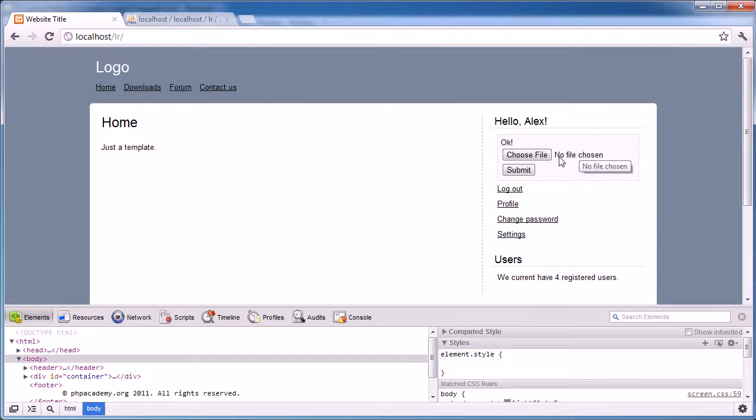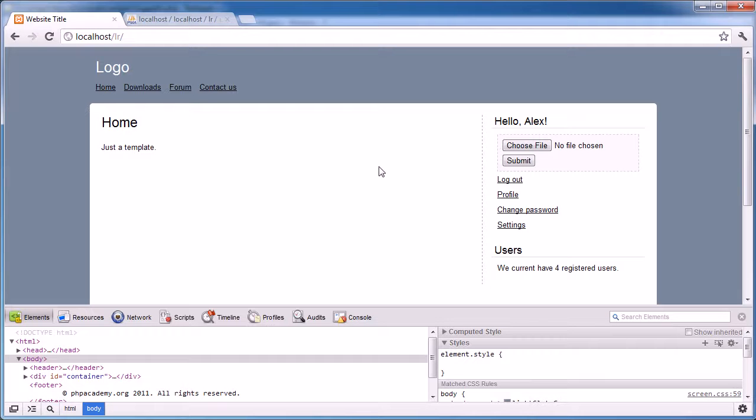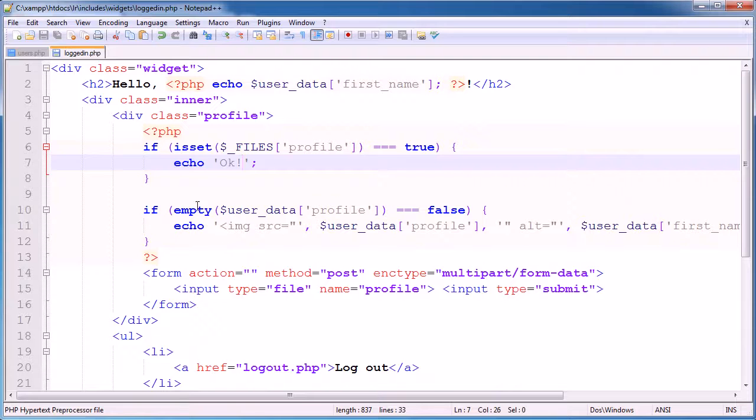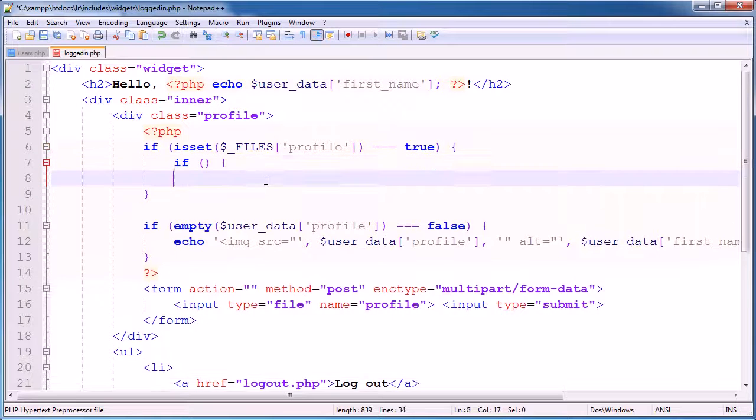We've not got any file, but it's still set, so we need to do some further validation to make sure that the file has actually been chosen. Regardless of whether we choose a file, we get this OK message come up, which is absolutely fine. So here we can just quickly validate this. So we're going to say if,